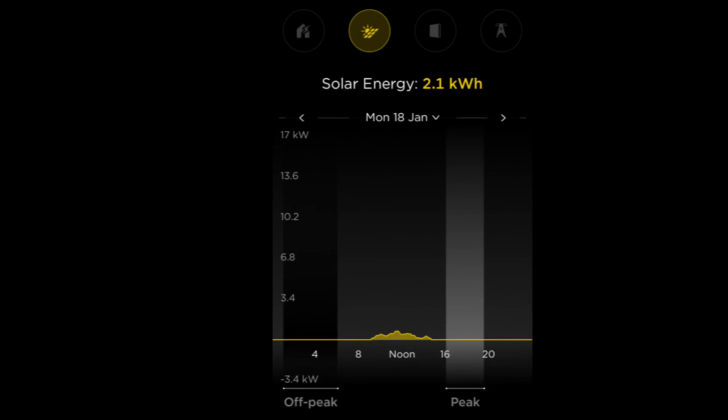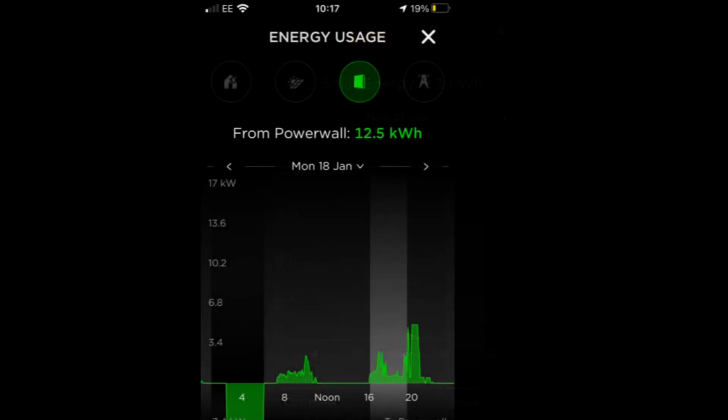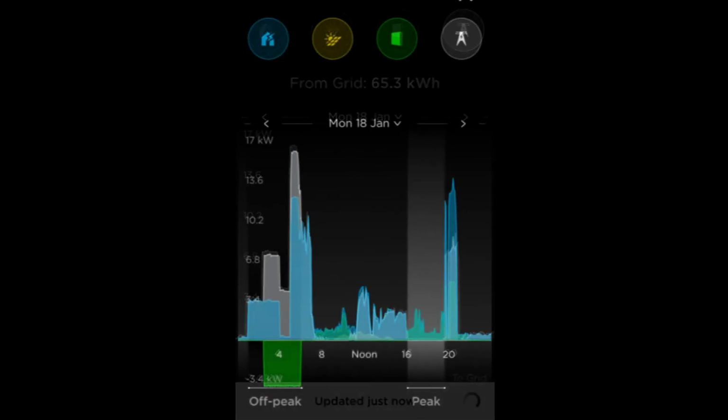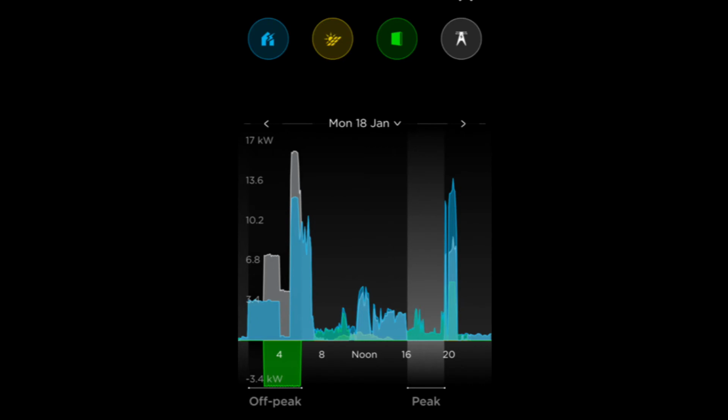We got 2.1 kilowatt hours from the solar. We pulled 12.5 kilowatt hours from the Powerwall, and we pulled 65.3 kilowatt hours directly from the grid. Looks like we had no car charging, but we did have the hot water and Powerwall charging up first thing